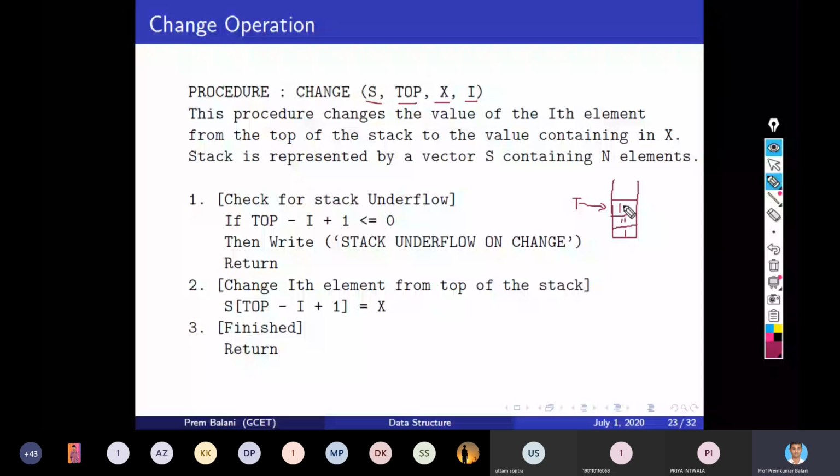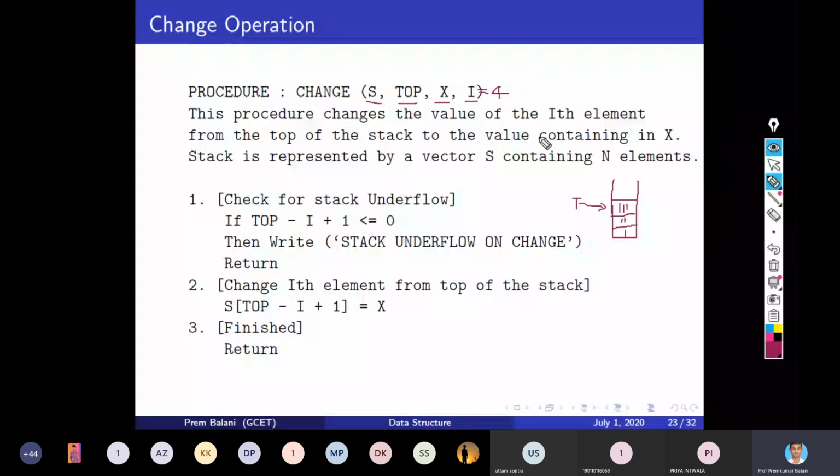Suppose there are 3 elements in the stack and my top of stack is pointing to the third element. Now if I enter I equal to 4, this is greater than top, so it would cause the underflow condition, right?